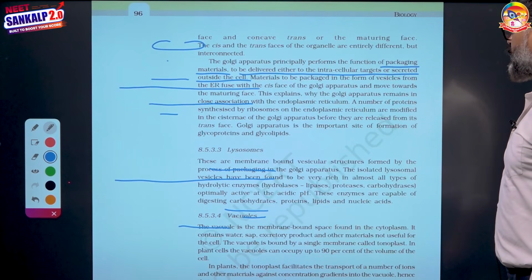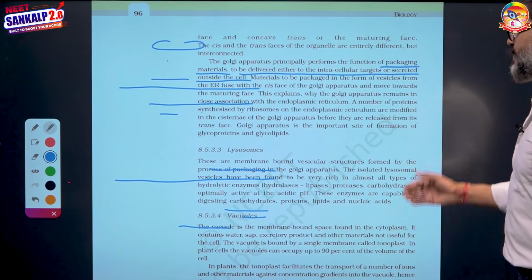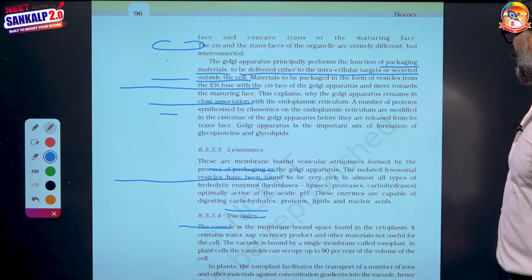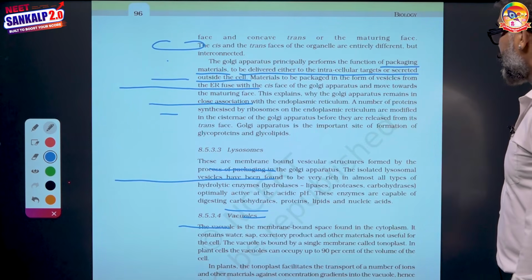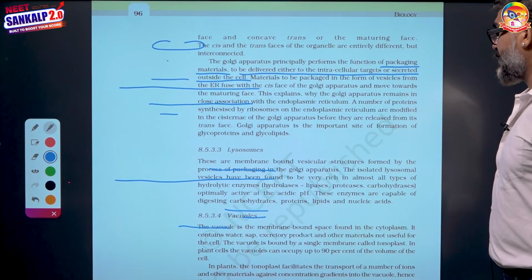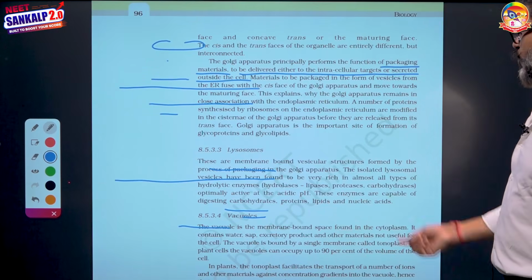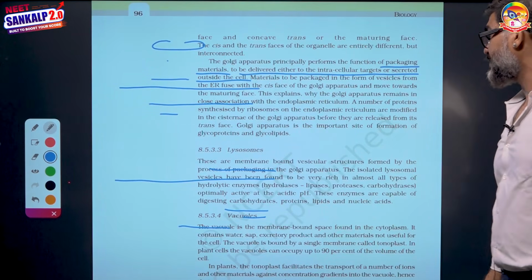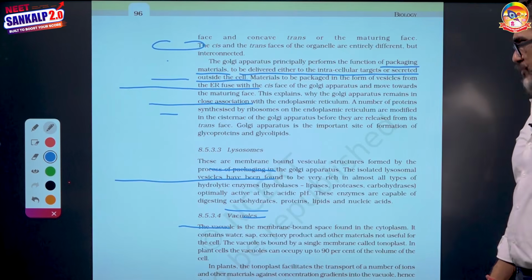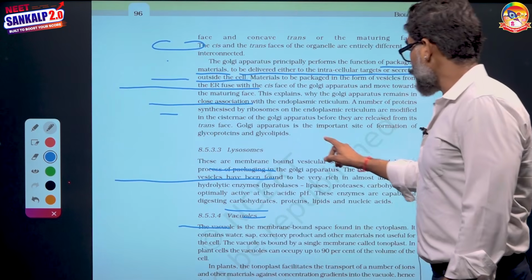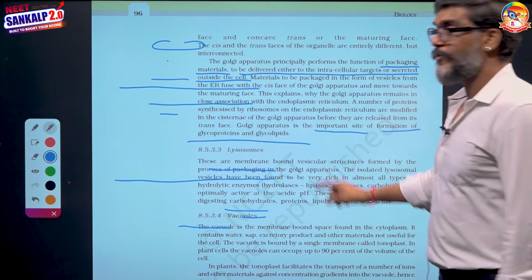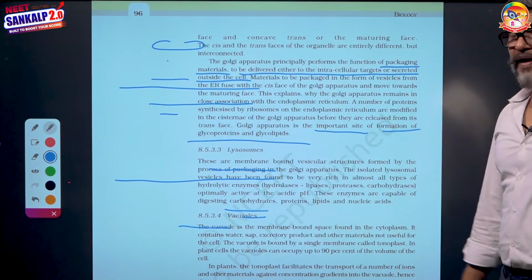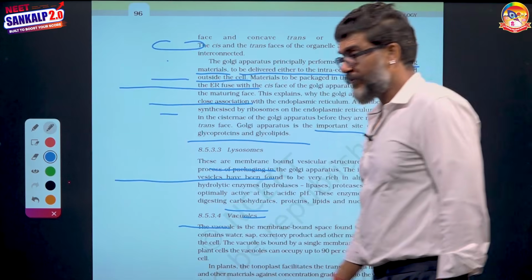So it is the main site of packaging of materials. Materials to be packaged in the form of vesicles from the ER fuse with the cis phase of the Golgi apparatus, then move towards the maturing phase. This explains why the Golgi apparatus remains in close association with the endoplasmic reticulum and nucleus. A number of proteins synthesized by the ribosomes on the endoplasmic reticulum are modified in the cisternae of the Golgi apparatus before they are released from the trans phase. The Golgi apparatus is the most important site of formation of glycoproteins and glycolipids. After packaging, it is also one of the most significant functions of